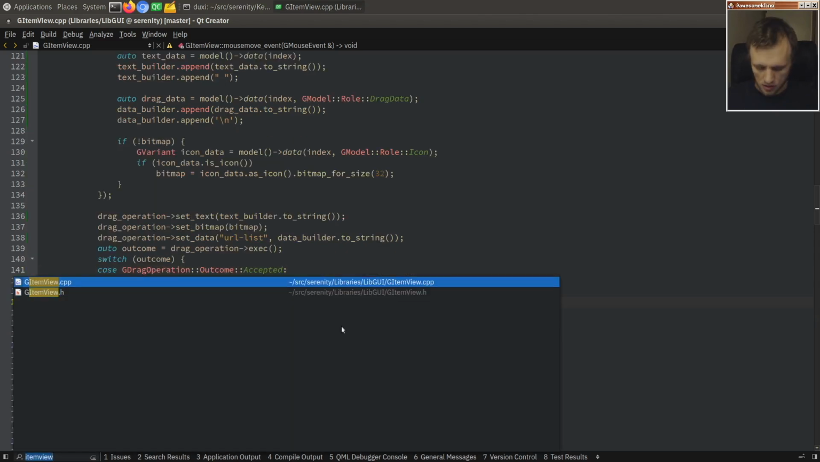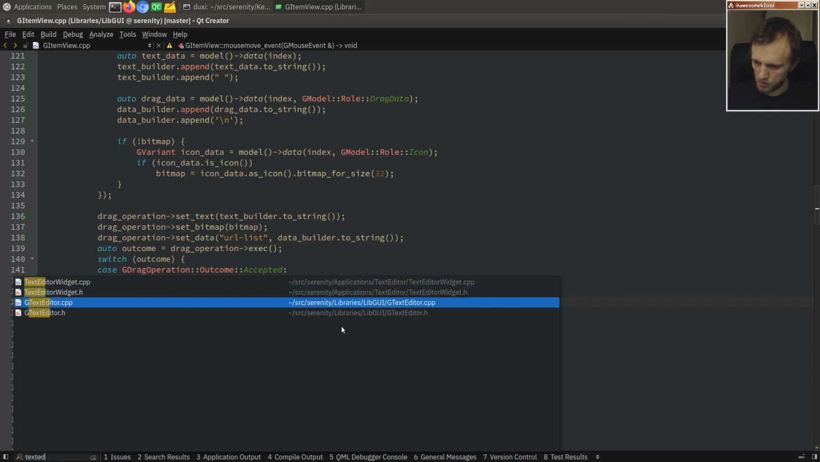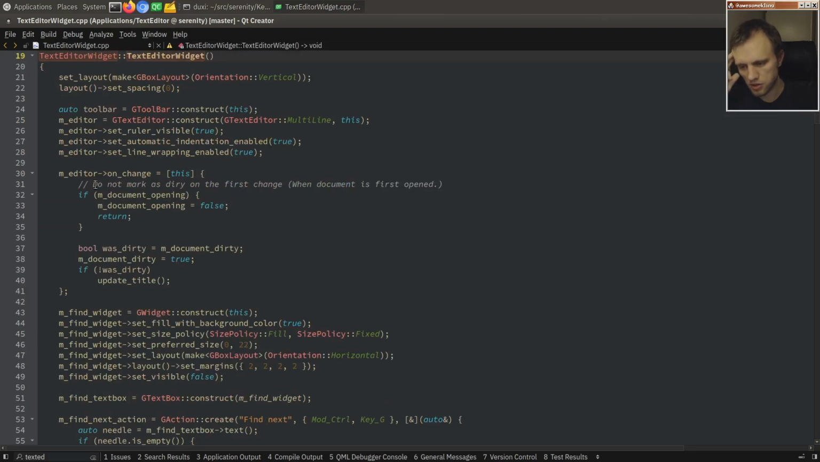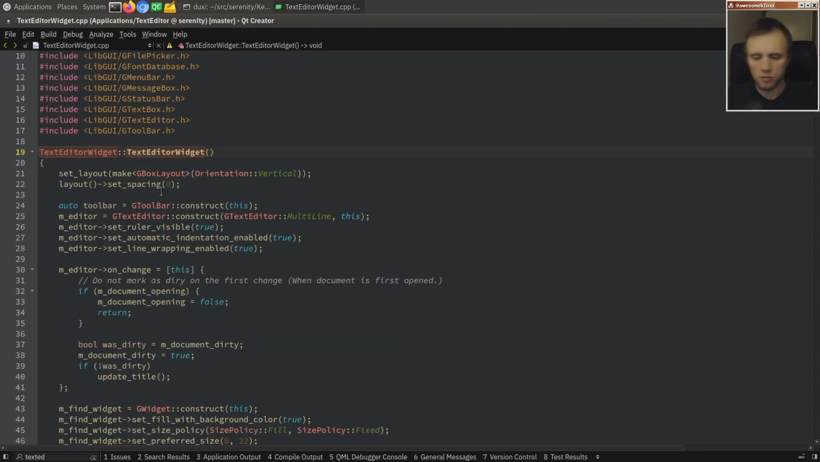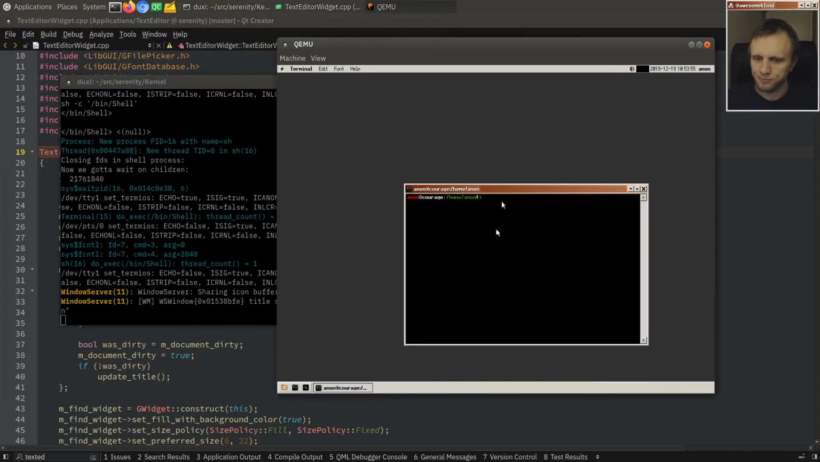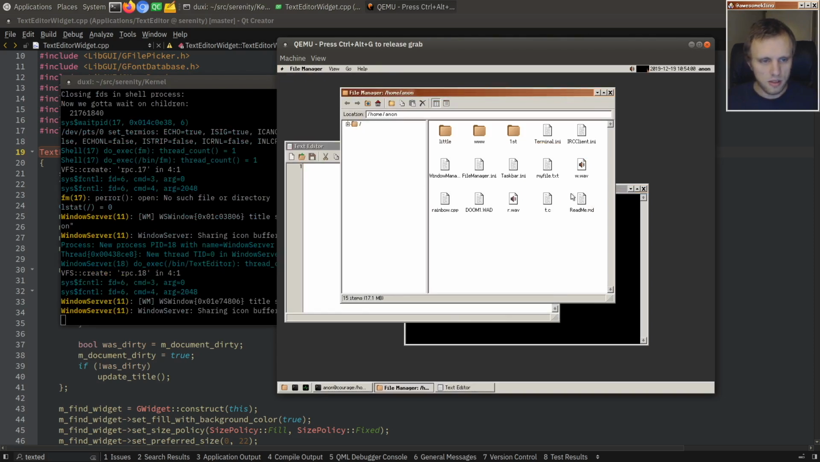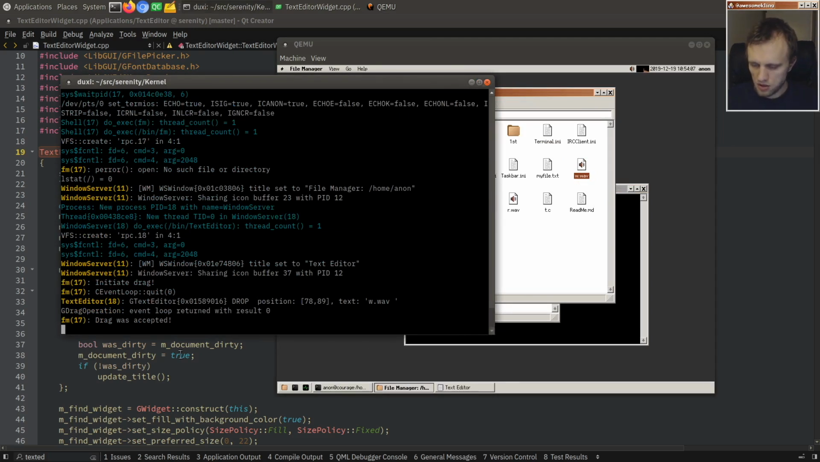So then in the text editor widget, in the text editor app, this is the main widget. So where does the drop end up actually? When we did the drag and drop, we just drop some file here, bloop, it gets dropped on the text editor. So I think what we want to do is,